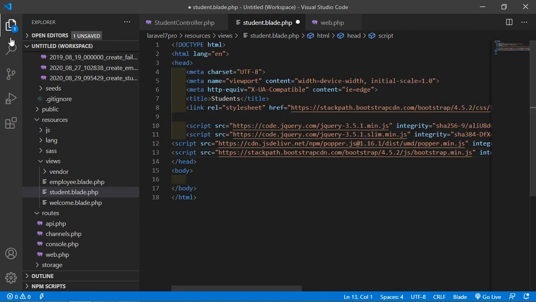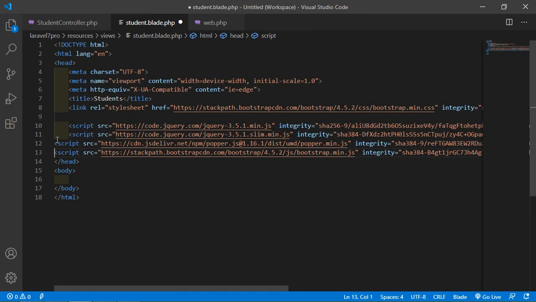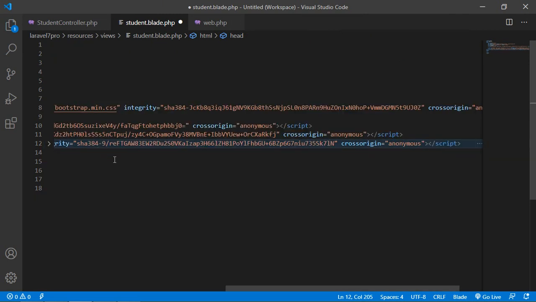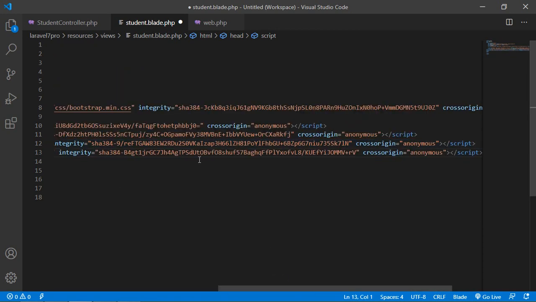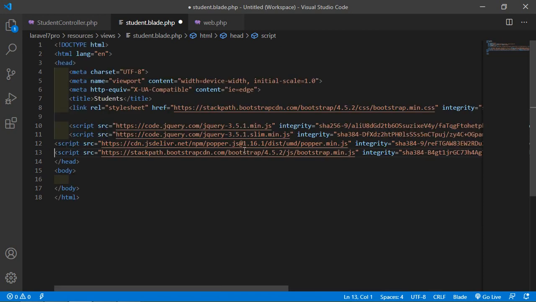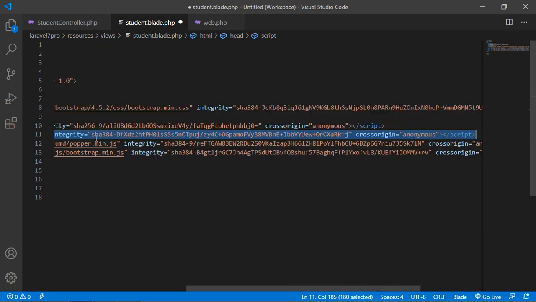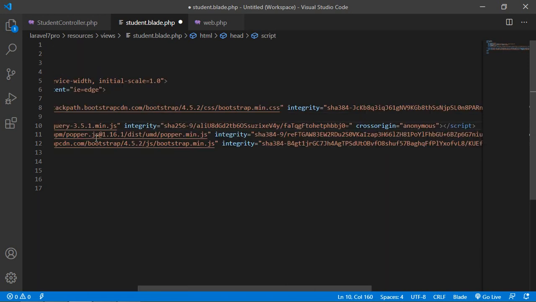All right, now remove this slim.min.js CDN. So just remove this line. All right,